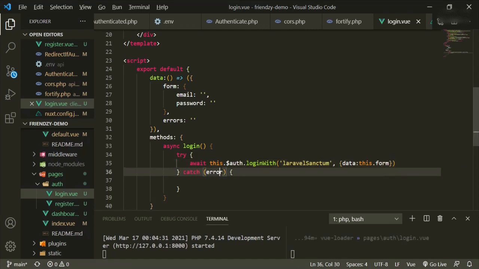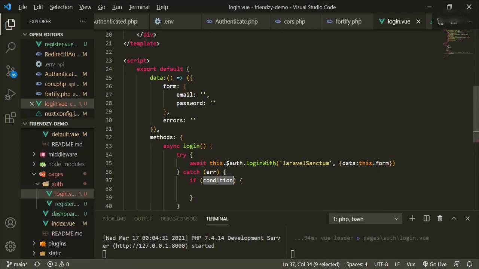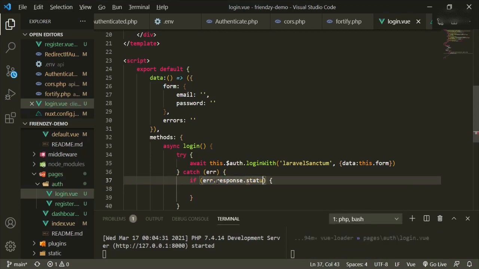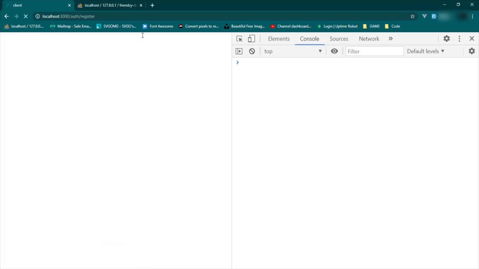and the catch error, and it's going to be if error response status equals 422, this errors equals could not sign you in with those credentials. So now that that's compiled, we're going to go back to the browser,